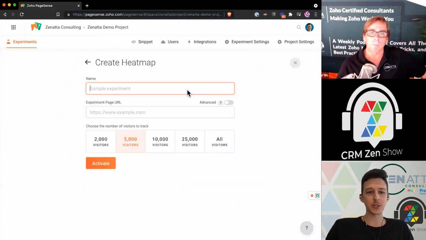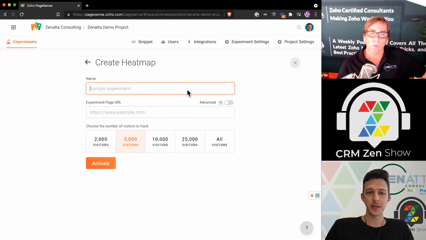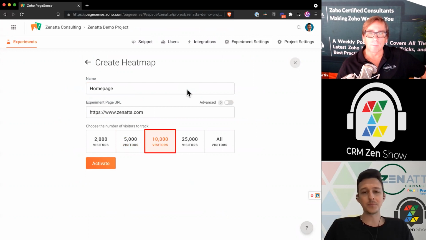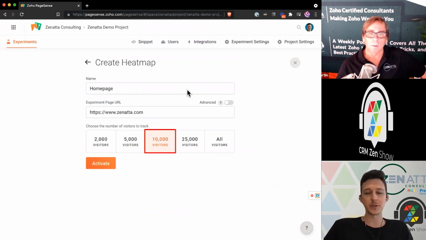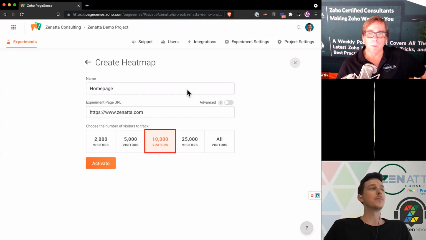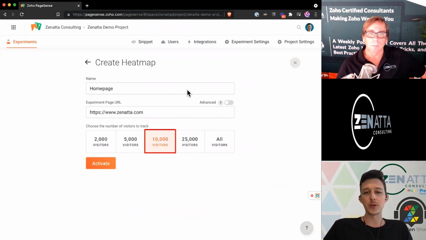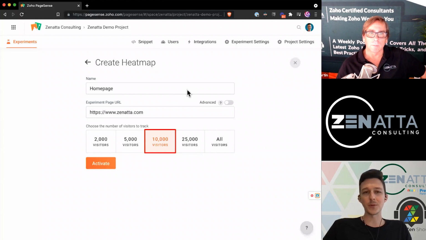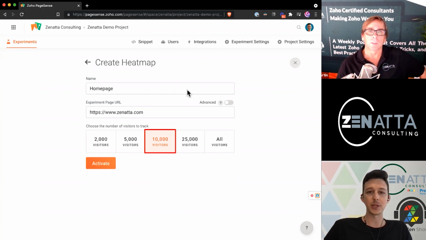In this case, we're just setting up one as a baseline here. So we'll give it a name. We'll say which page we want it to be on. And then we're going to choose the number of visitors to track. Now, a question might be, why would you not track all visitors? One really important thing when you're building out these different experiments inside of PageSense is that they really are exactly